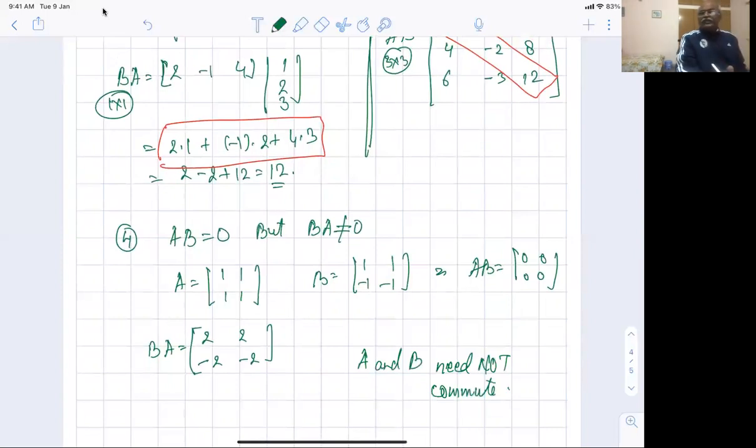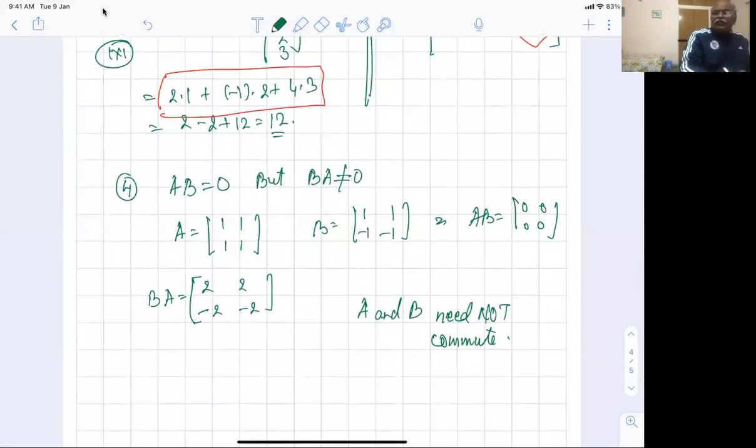But there is a theory which says that under certain conditions, A and B will commute. That's not in our syllabus. It's beyond. So let's not worry about it. But there are ways to say that matrices commute. A will commute with A itself. A will commute with any power of A. A will commute with the identity and things like that. Fine. So there are a lot of ways.